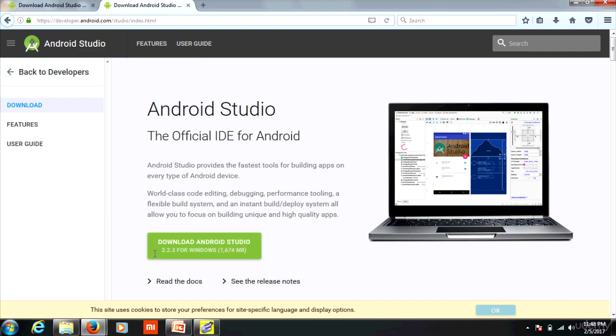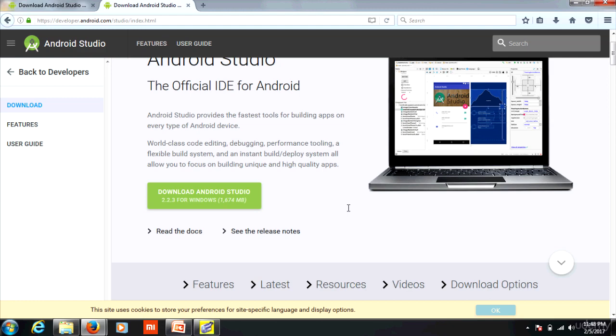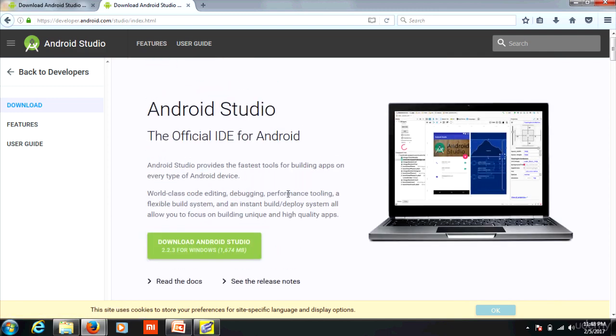You can see here a download option is available. Since I'm telling this installation for Windows, you can see it's Download Android Studio for Windows given over here. Before proceeding with the Android Studio installation, your system should fulfill some of the basic requirements which I have already covered in my previous videos. You can just go through them, or I'll tell you from the same website, developer.android.com. If you just scroll down,